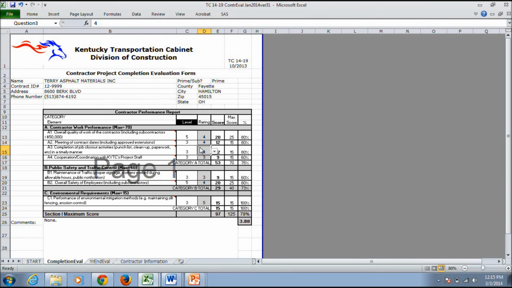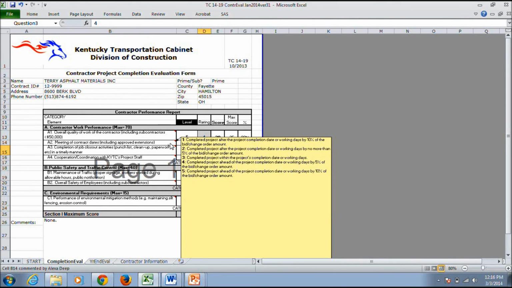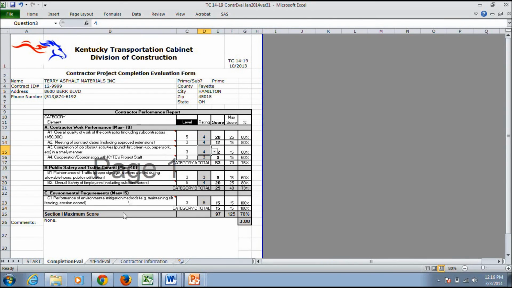To review the selection criteria, a comment box is available for each rating as indicated by the red triangles in the corners of the rating descriptions. Hovering over these rating descriptions will allow you to review the criteria for the individual ratings. You may also amend or add to any comments you have. Once you have reviewed all the ratings, you can see the final score for the contractor and complete the final